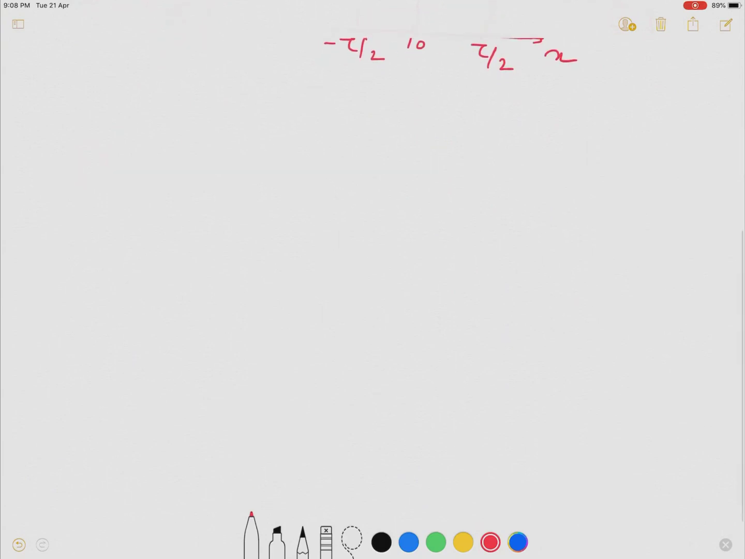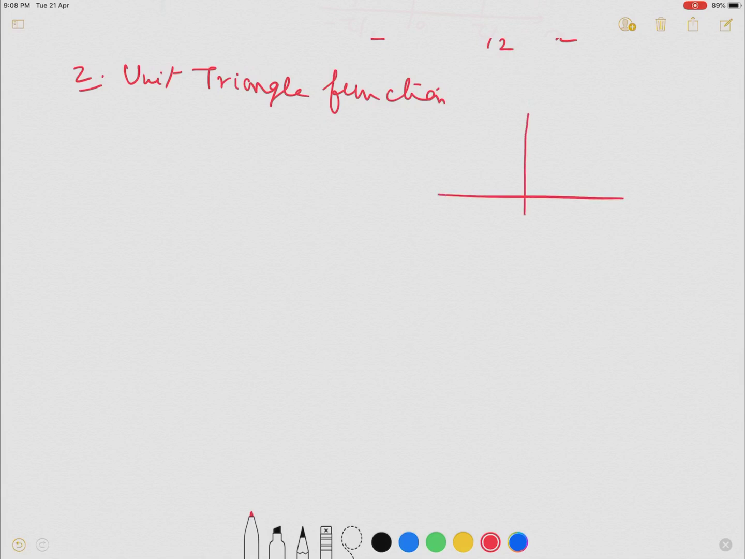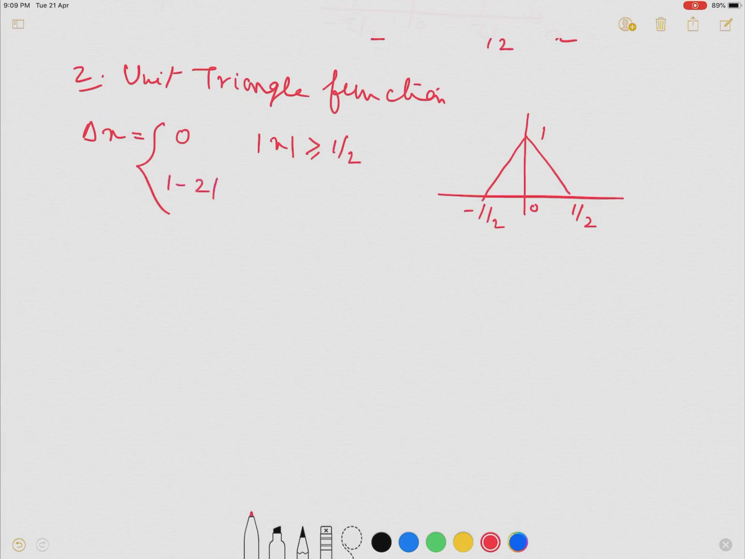Next we will discuss the second function, the unit triangular function. The unit triangle function is again defined as a triangle function whose height is 1 and whose width is 1, centered at origin. It is defined as del of x: 0 when mod of x is greater than half, and 1 minus twice of mod x when mod x is less than half. Okay,